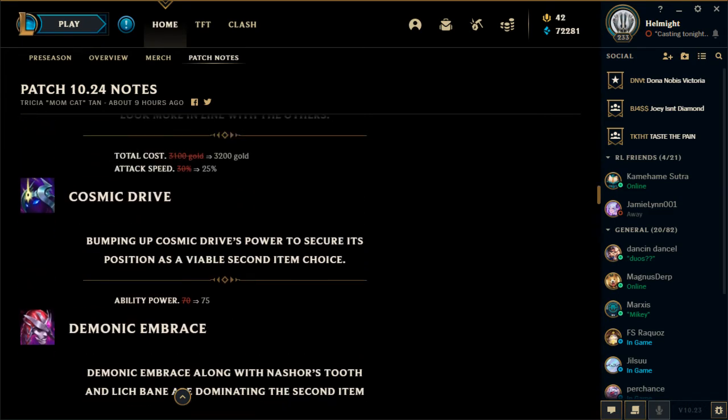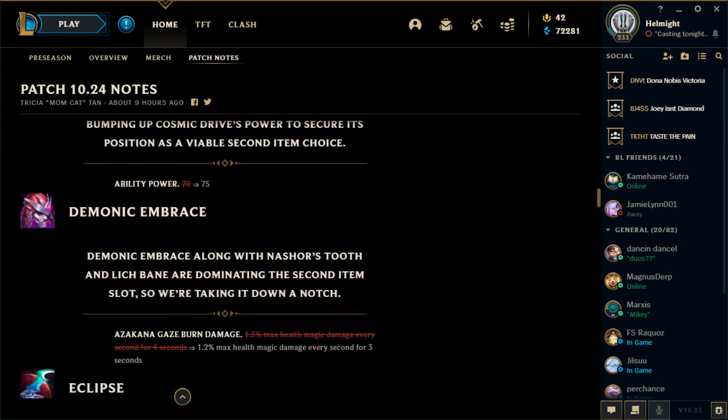Cosmic Drive is a little bit better as a viable second item choice because it gives slightly more AP. Demonic Embrace has been nerfed, of course, because it was very, very good. The percent health damage is down, and the duration on the damage is down as well. So overall, you'll get less free damage from Demonic Embrace because it's just completely good right now, so it needed